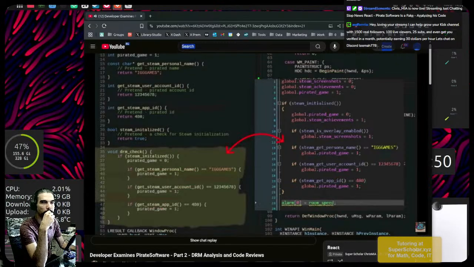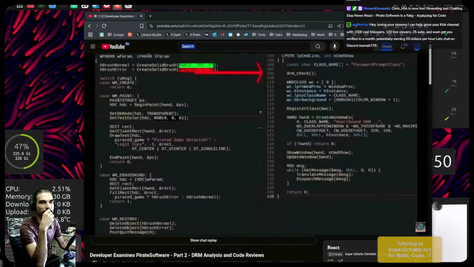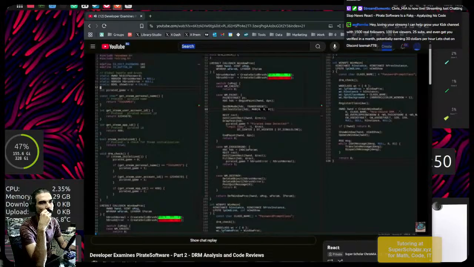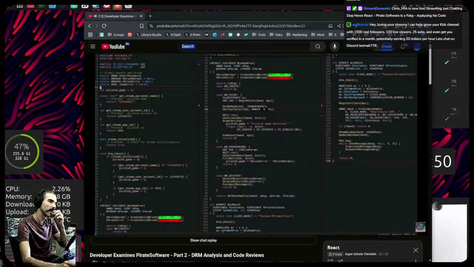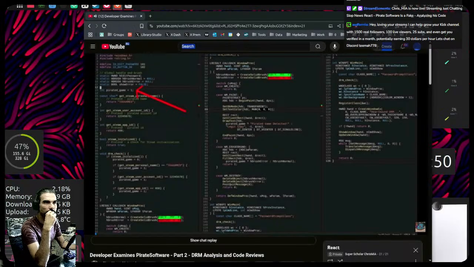with the DRM snippet we have from Heartbound. Last line to note, I run the DRM check here on line 108 just after the program starts. The rest of my program code doesn't matter too much. I'm basically just using the Windows native Win32 API to create a simple window that will have a red background if the game is pirated, and if it's a legitimate copy, the background will be green. Also, just like the Heartbound DRM code, we start the program assuming to be in a pirated state.